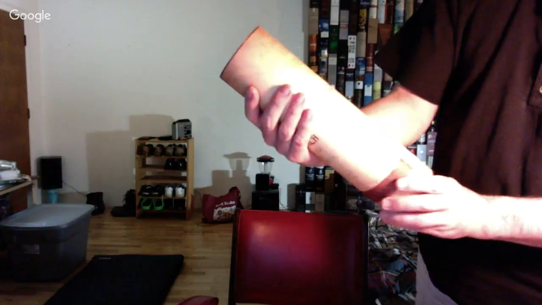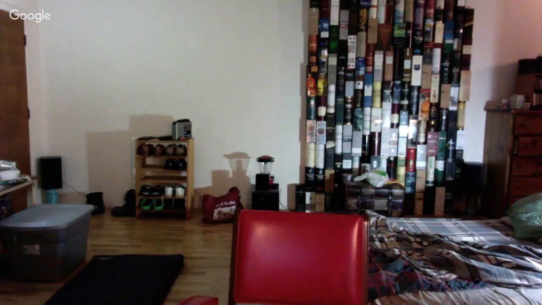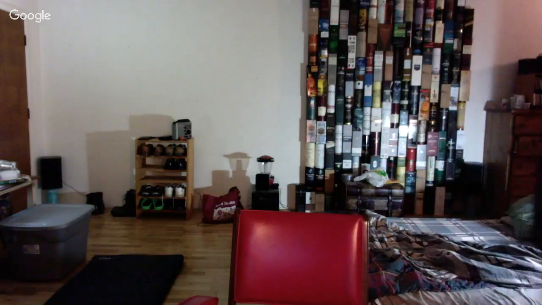Here's a Scotch at 54.7. Glendronach cask strength. 54.7. That's more than 48. And this, I think, is 46. 46 is the Ben Riach. Okay.